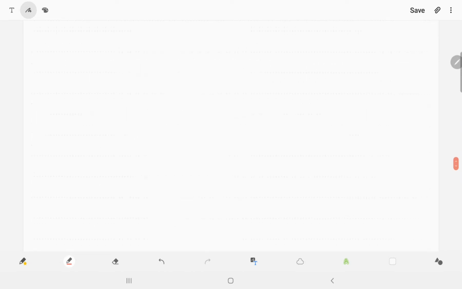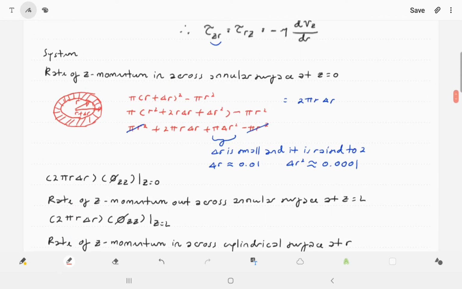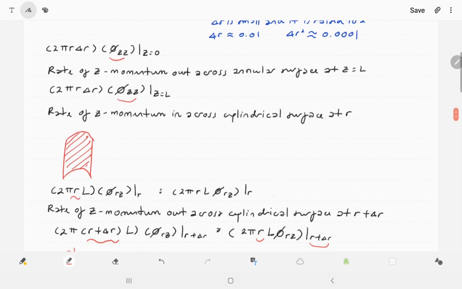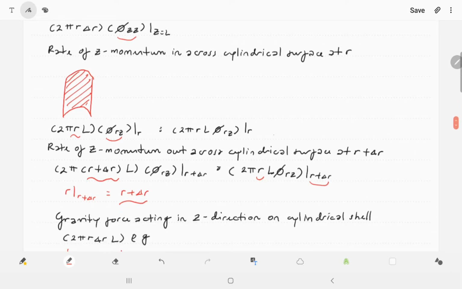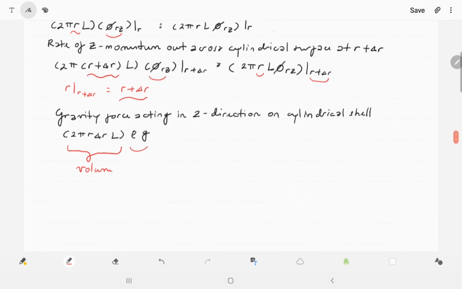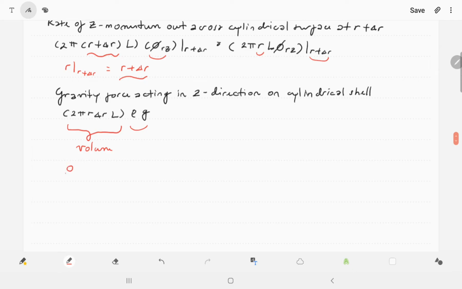So on top we have derived 1, 2, 3, 4, and then this one as well. This one is the fifth term. Okay, as a note, this phi zz is a convective transport, and then this one, pi rz, is what we call a molecular transport.